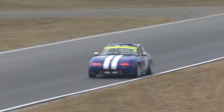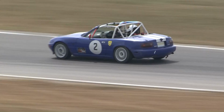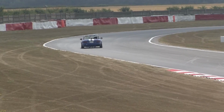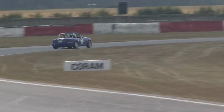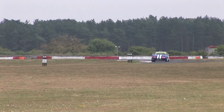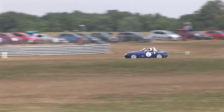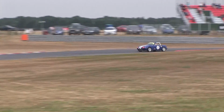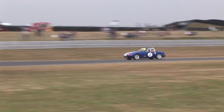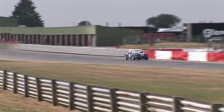They're not running too hot into the corners, they're not running wide on the exit, they're just keeping the car nice and neat, not overdriving the car. He goes through the bomb hole and heads on towards Coram. And Tom Roach, another fine example of how to drive an MX-5. He's happy with the Blendini Motorsport car, he's happy with the tweaks and the setup changes that were done to his car for him from practice and qualifying through to the first race. They've been good tweaks, but they haven't been good enough, because this man here, James Blake Baldwin,